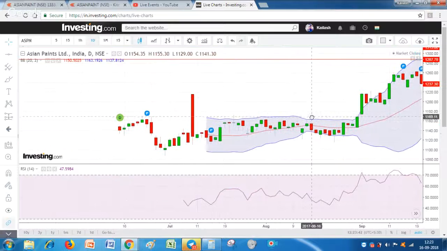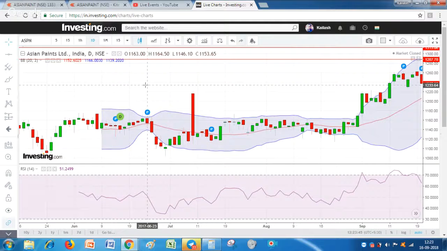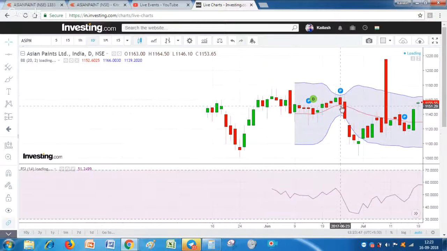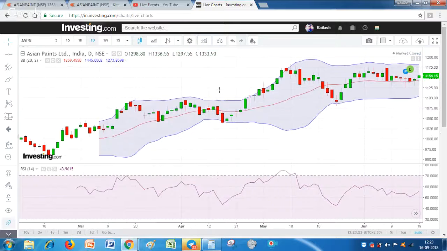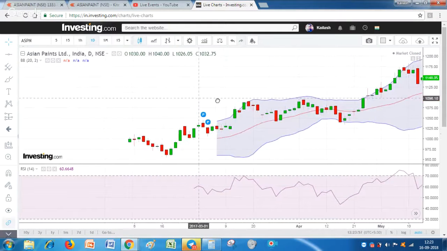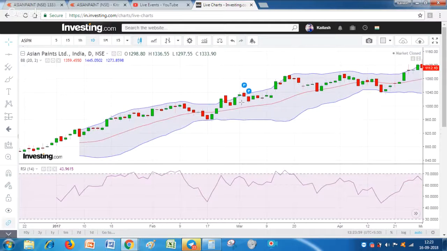We have to see the charts. We have to understand. Without understanding the stocks, we should not just go and average at some low level. No, that is not a condition. There are conditions where stocks have come to a level from where they have not reversed even in their lifetime journey.